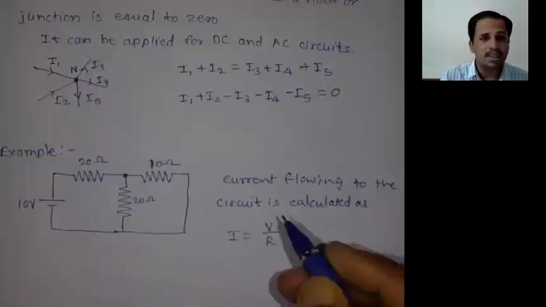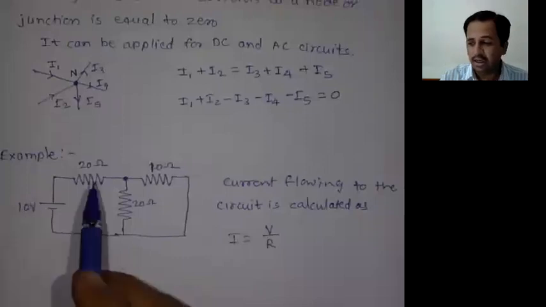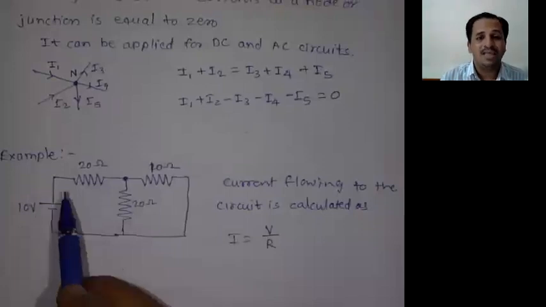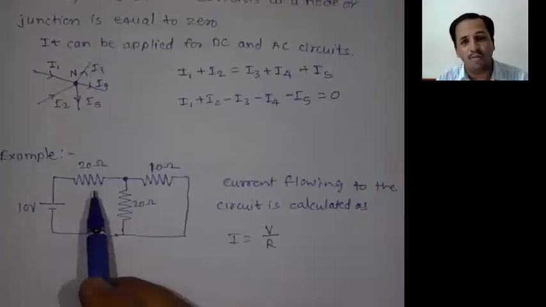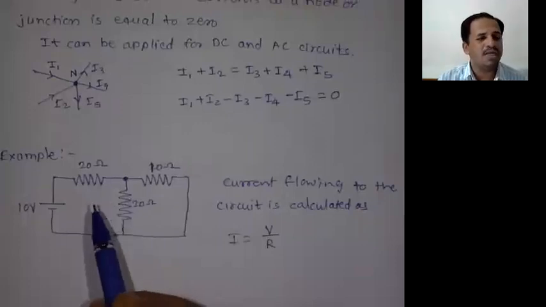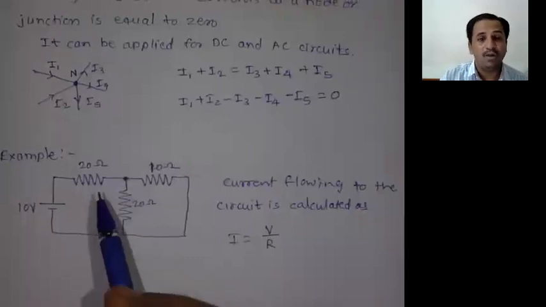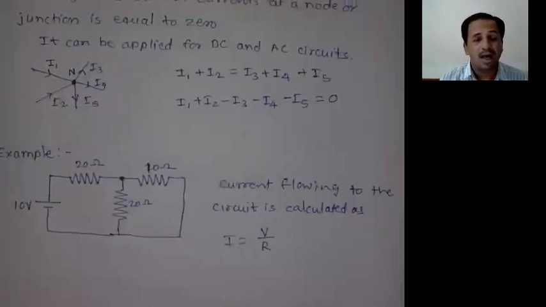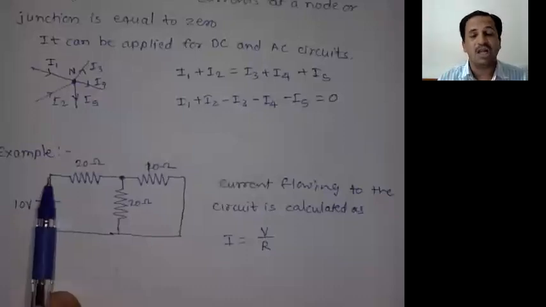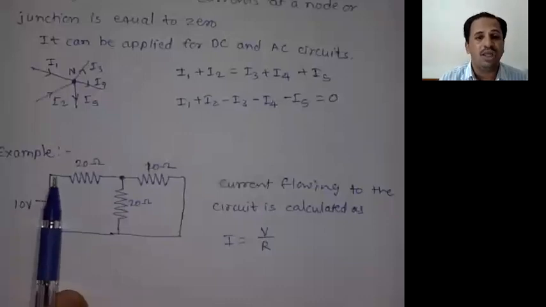Now V is given, that is a 10 volt supply, but here there is a combination of different resistors. We have to find out which are the series combinations and which are the parallel combinations. Once you understand the series and parallel combinations, it is easy to calculate the resistance value. You must remember how to simplify it, and once you simplify it, automatically you will get the answer. Now, starting from this point, the starting and end points are the most important thing in this case.